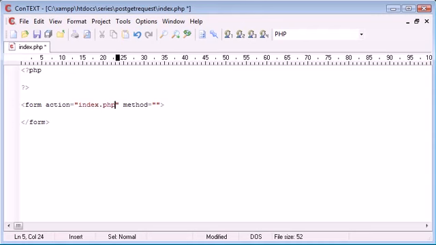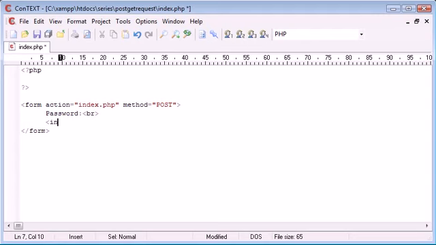In this case I'm staying on exactly the same one, so we're submitting all the data inside this form to index.php. The method though, instead of get, is going to be post, and this automatically means that the data is going to be sent as post, it's not going to be sent as get. So let's say password,